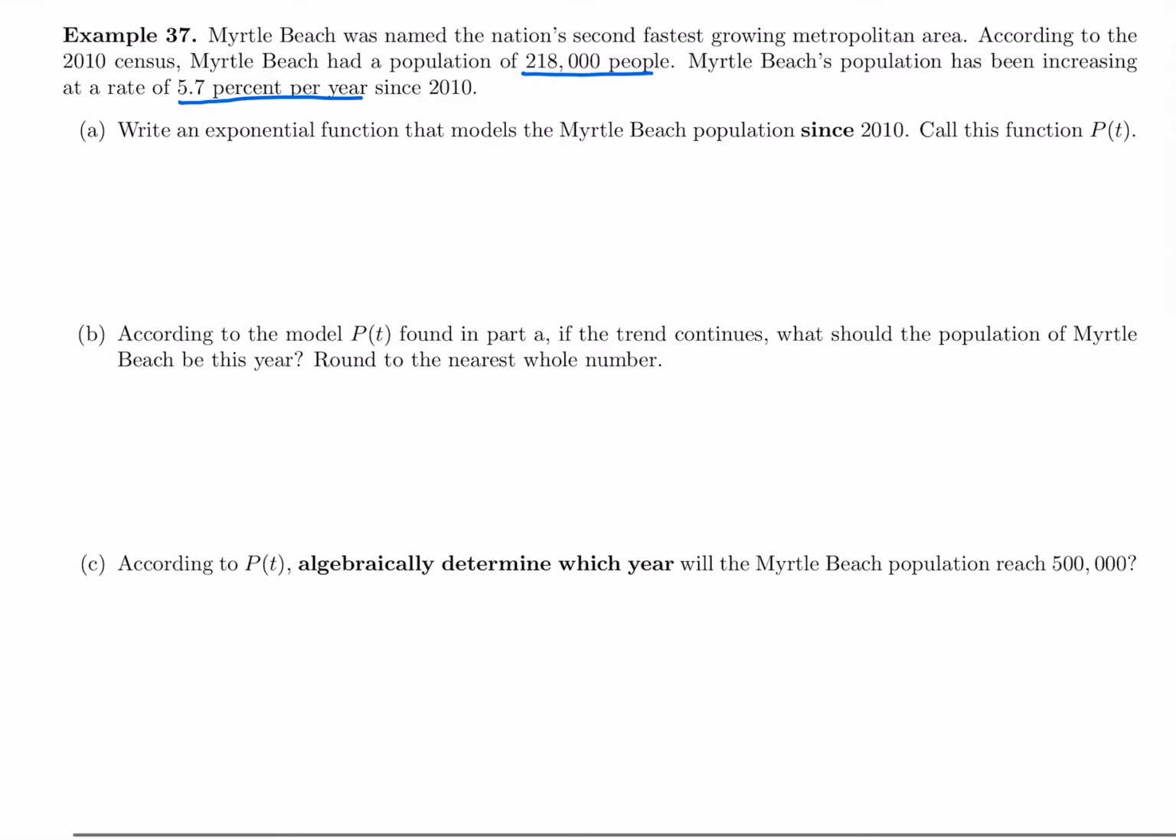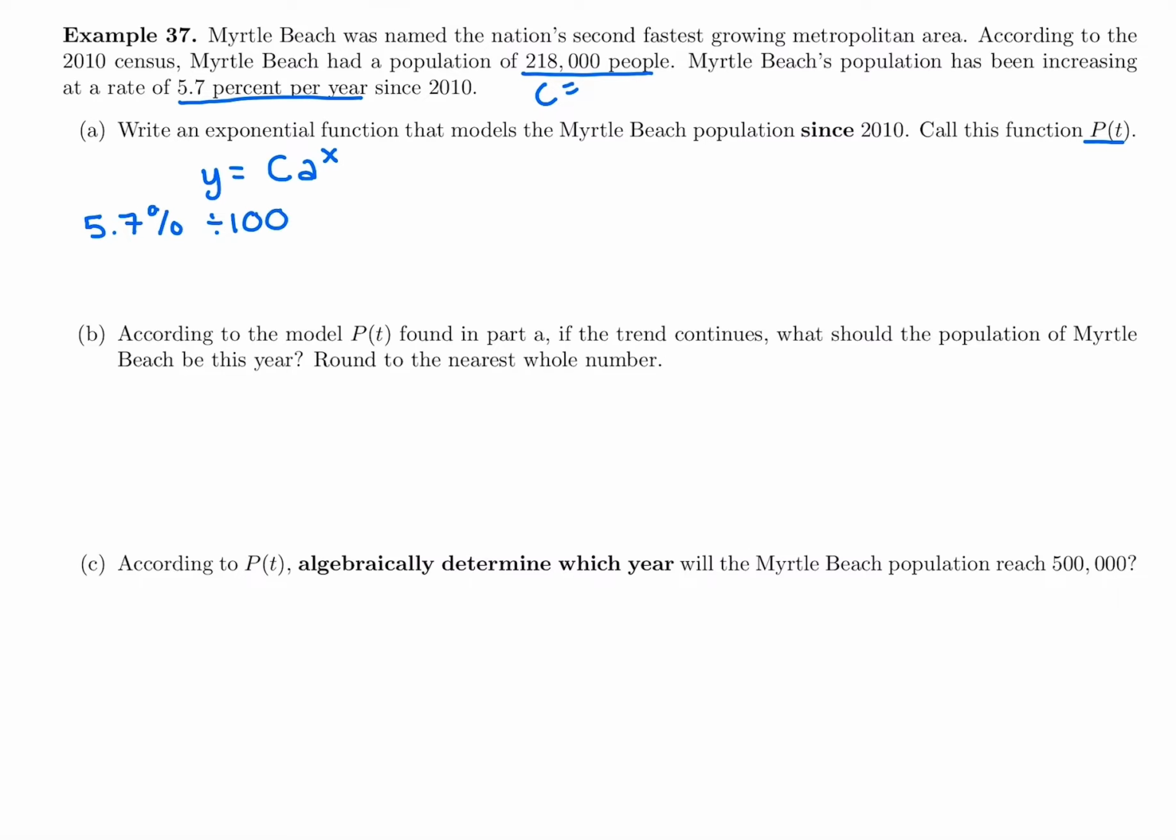So we need to fill out our own y equals c times a to the x, and then we want to make sure we call it P of t. So first of all, c is 218,000 people that there were in 2010. And then the rate is 5.7%. So I'm going to use that growth rate to calculate the growth factor. First of all, I want to get it out of being a percent. I'm going to divide by 100, which is going to give me